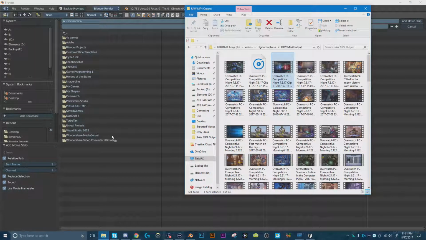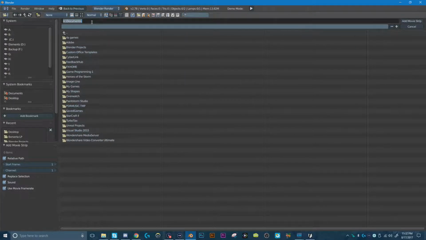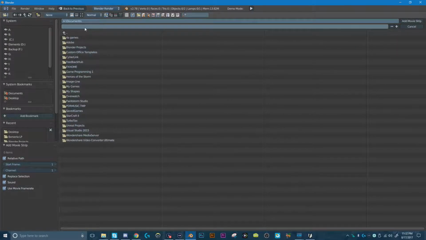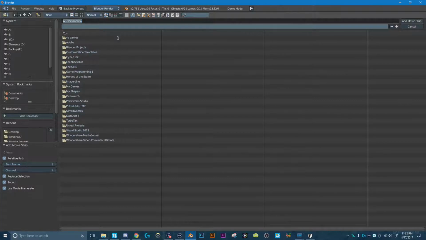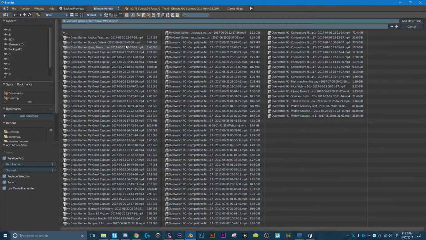You can either drag it into Blender into that scene view, which is probably the easiest way, or you can come up here and take the file name, and you put it in the top bar. The bottom bar is going to be the file name, and the top bar is the directory. So you paste that in there, and it'll change it and say, here's what everything is in here, and it won't show you the